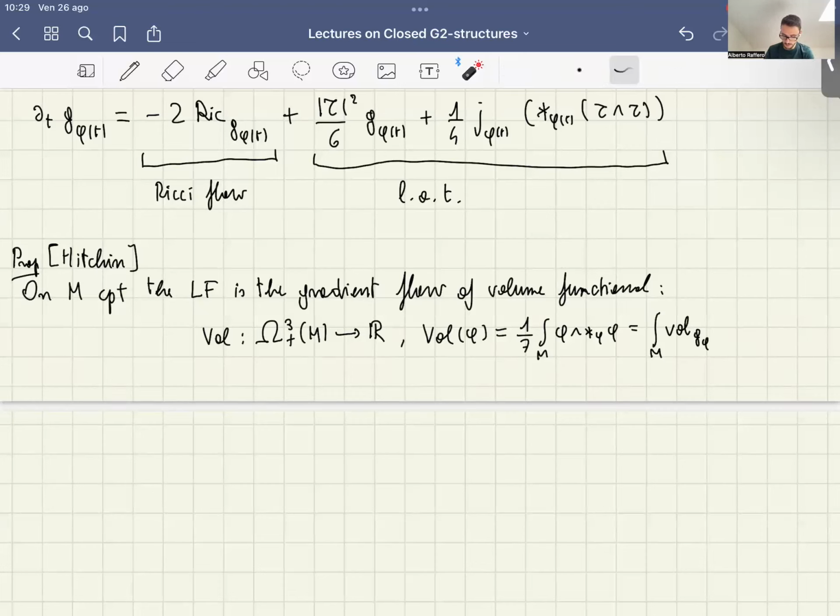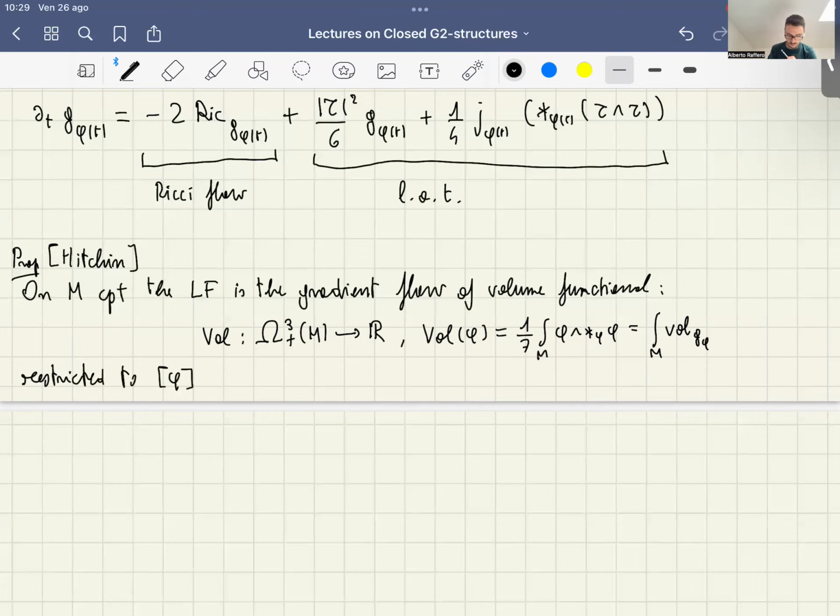And this is precisely because the square norm of the three-form phi defining a G2 structure, for the definition we gave, is precisely equal to 7. But pay attention, this is the gradient flow of this volume functional restricted to the cohomology class